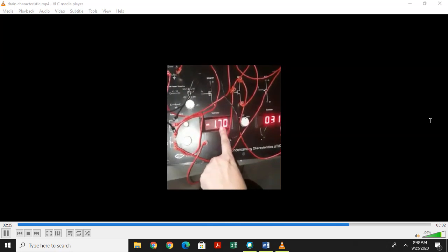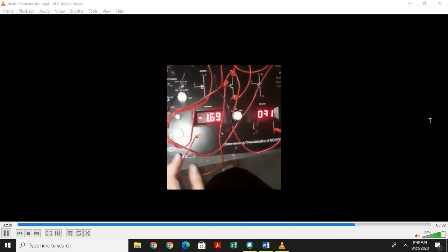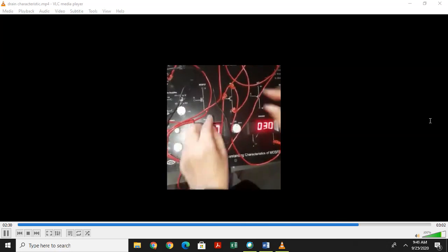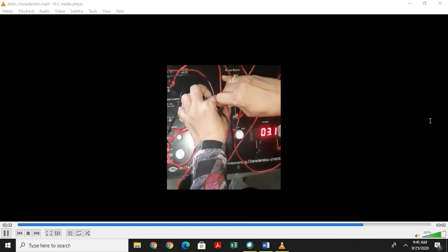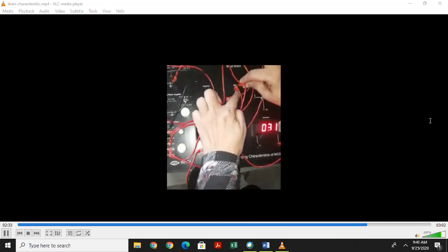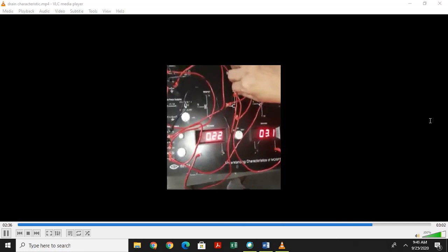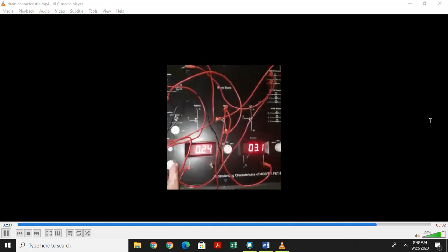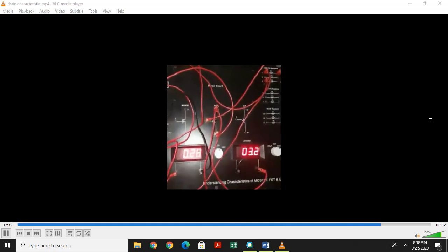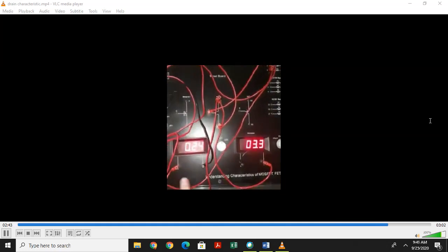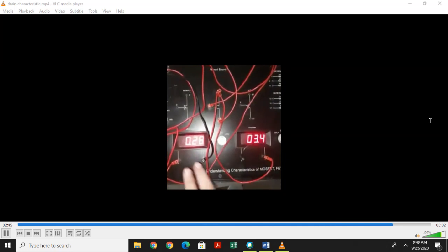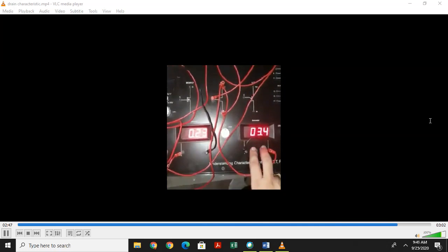Then we increase the value of VDS and note the value of VDS and the corresponding value of ID. Next, we connect this wire to this point and increase the value of VGS.